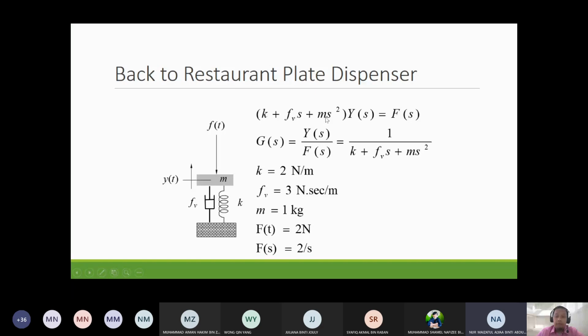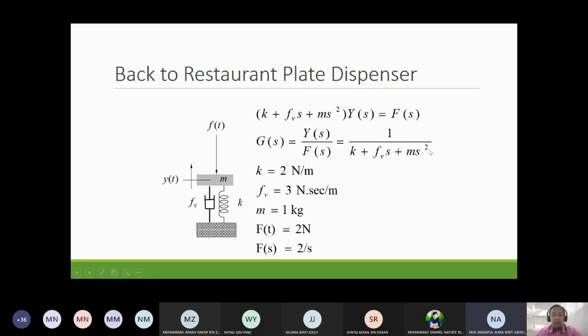In frequency domain, it becomes M s squared, equals F. So forces acting backward equals forces acting forward. In this case, F is acting forward, so the forces from the damper, spring, and the inertia will be acting backward because they try to make sure the mass will not move. The force is acting downward, so the other forces like the damper and spring will push the box upward. So rearrange this equation to get the transfer function of Y over F equals 1 over